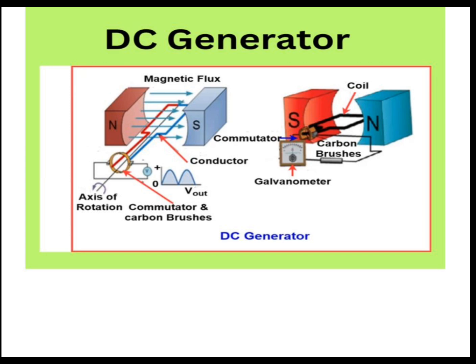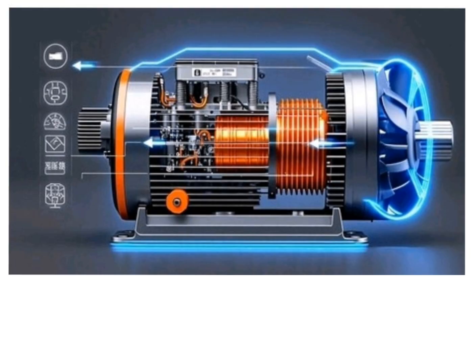However, the structure of both machines is very similar. In fact, a DC motor can operate as a generator, and a generator can operate as a motor if the energy flow is reversed. In conclusion, DC motor and DC generator are essential electrical machines that play an important role